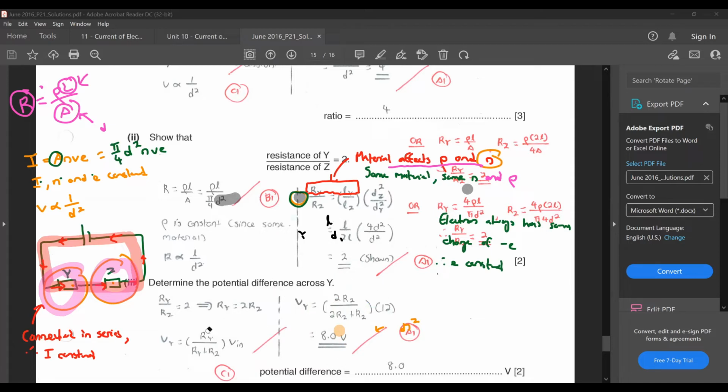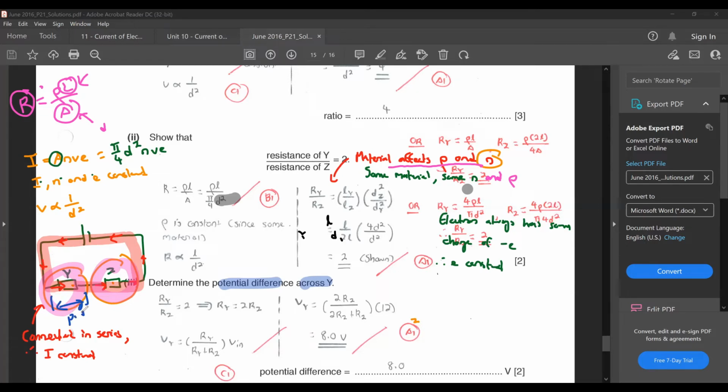Now you want to find out the potential difference across Y. Oh, this one has something to do with your potential divider equation, which you will learn under DC circuits. But this one, I believe at this stage in your study, you would have gone through DC circuit already. You have learned a bit about potential divider. Okay. Find out the PD across Y. They want